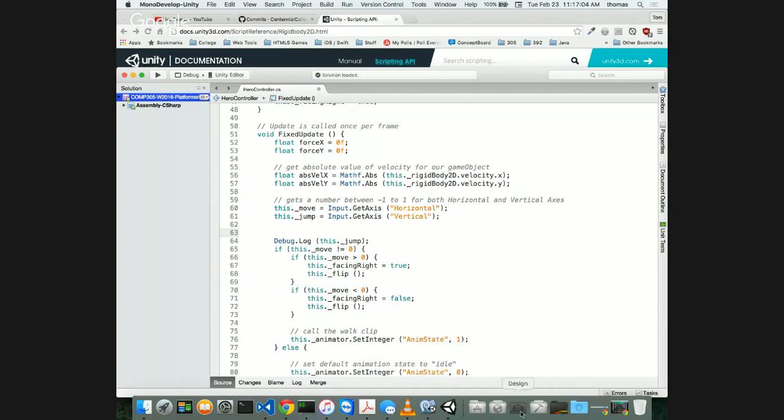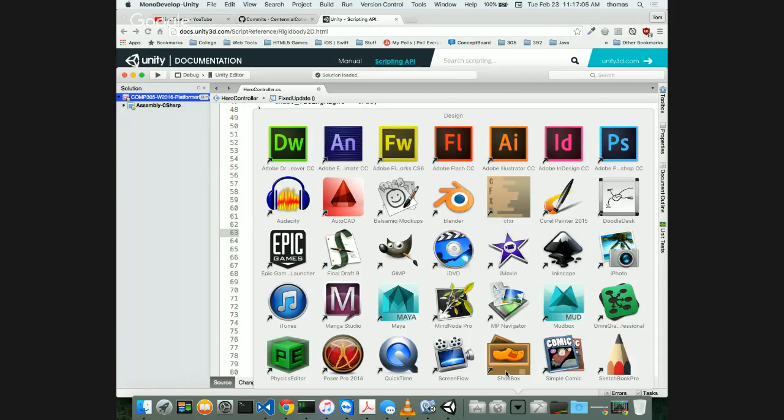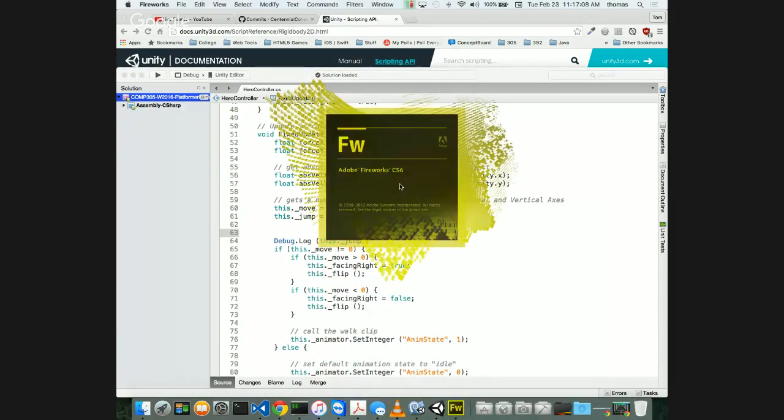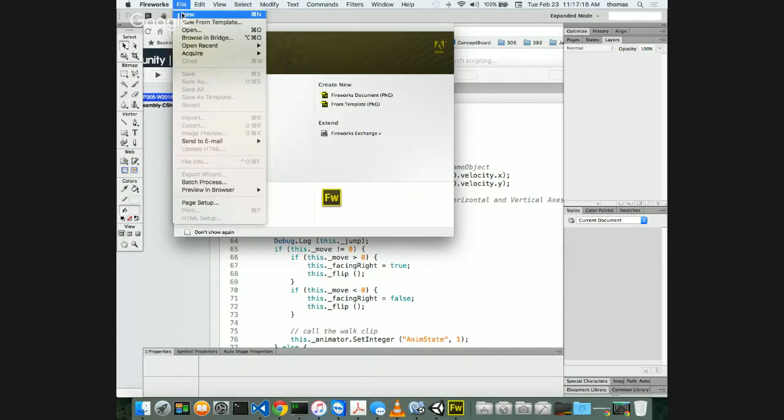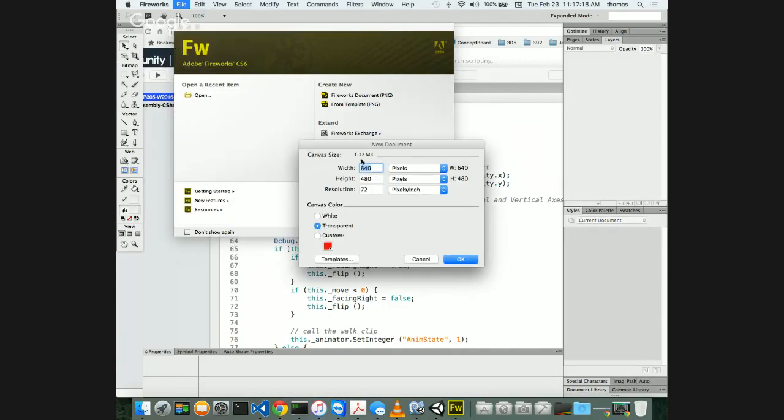Let's do this in Fireworks for you lovely people, right? So you can see what I'm talking about here. I've got to show you, because if I tell you, it's not effective. You won't see what I'm saying. So we're going to open up a new file here, and we'll make the game 640 by